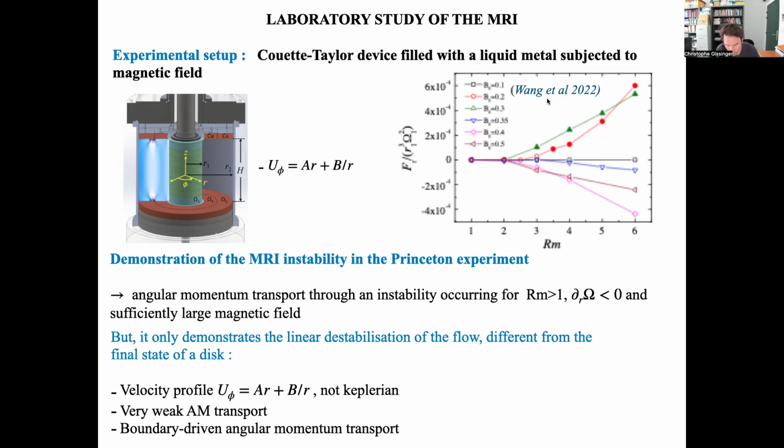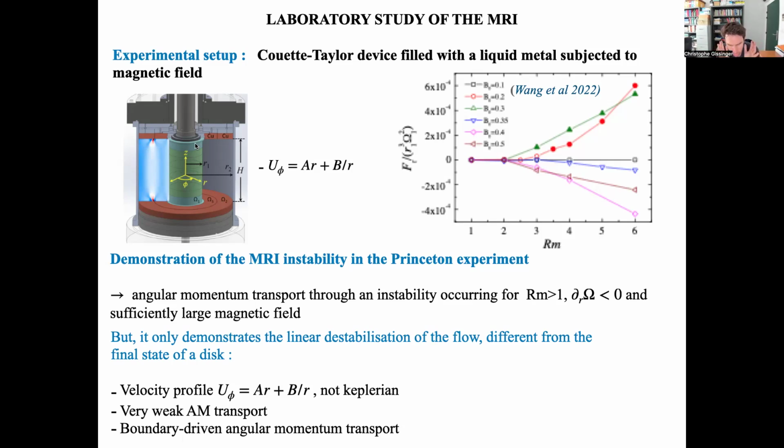And the last point, which to me is probably the most important one, is that if you think about it, the angular momentum here is injected at the boundary of the system, okay? Because in this experiment, we are rotating the cylinders, and it is at the cylinders that we are injecting all this angular momentum that needs to be transported, okay? And we know